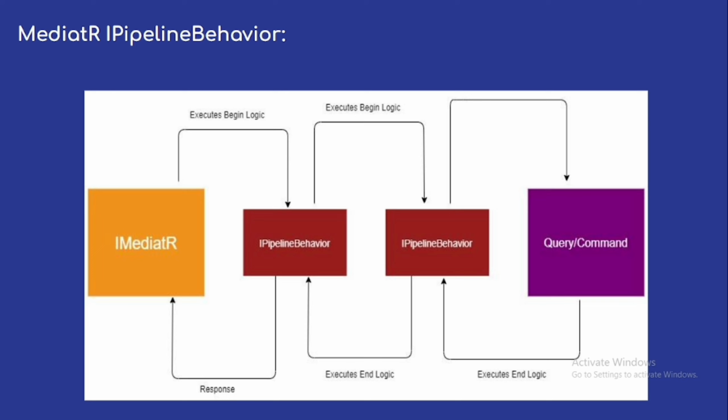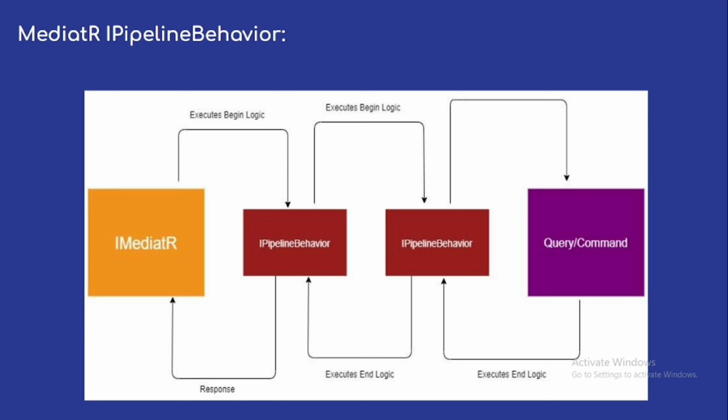Then the query or command executes. After the completion of the query or command logic execution, it again travels back to the pipeline behavior where the end logic executes. Okay, so it is almost like our middlewares only. Okay,